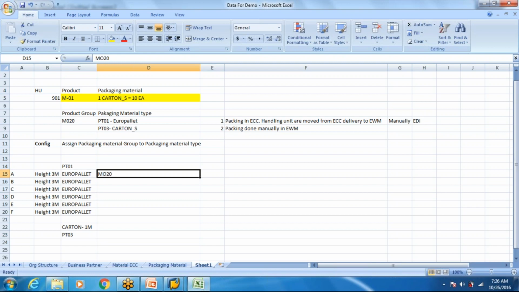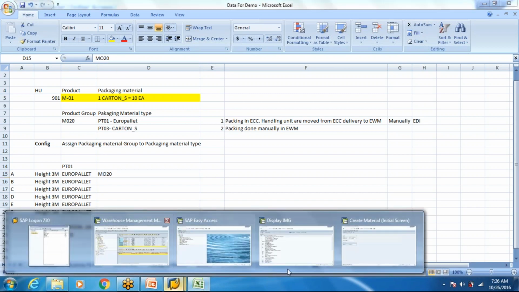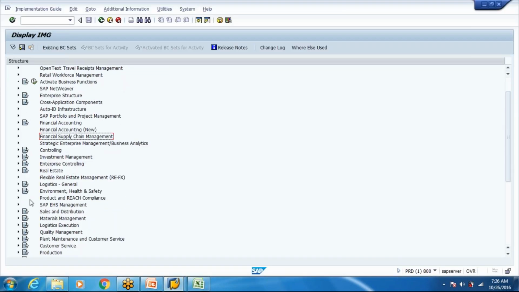Okay, so is it clear why this assignment is required? Yaron, this assignment will be done in ECC, right? PWM both. Same config, you will have it in both the systems. Okay.